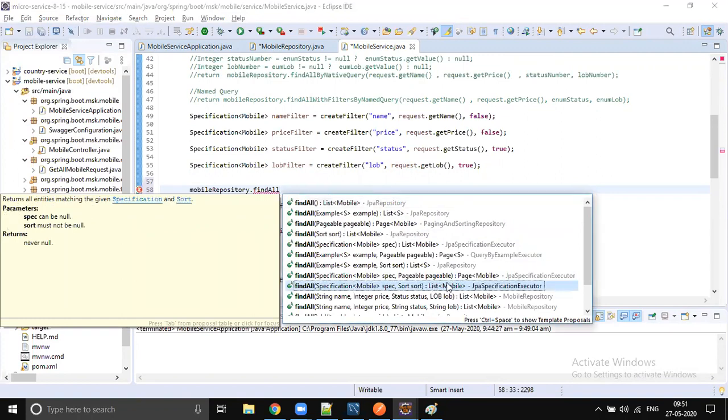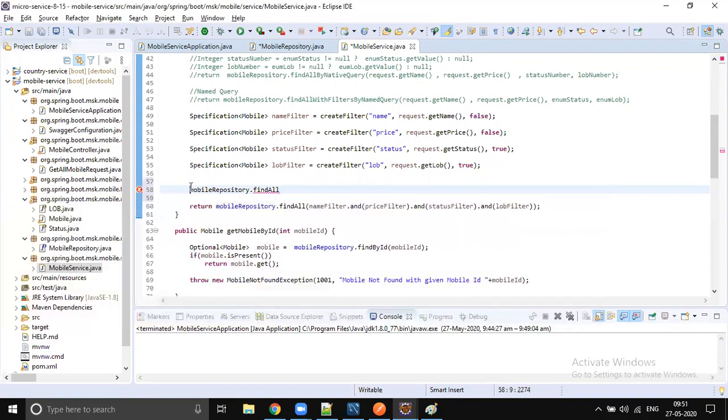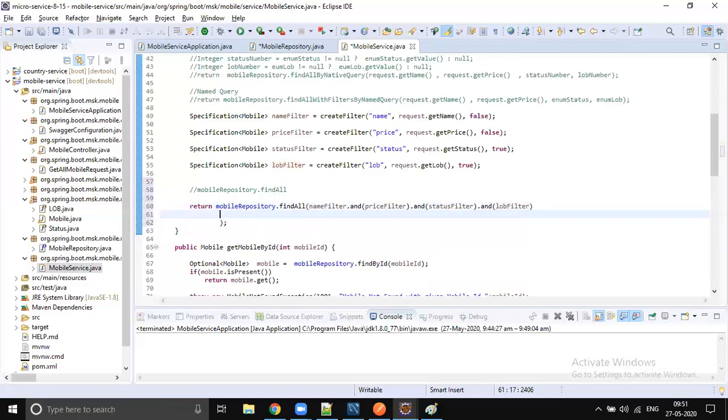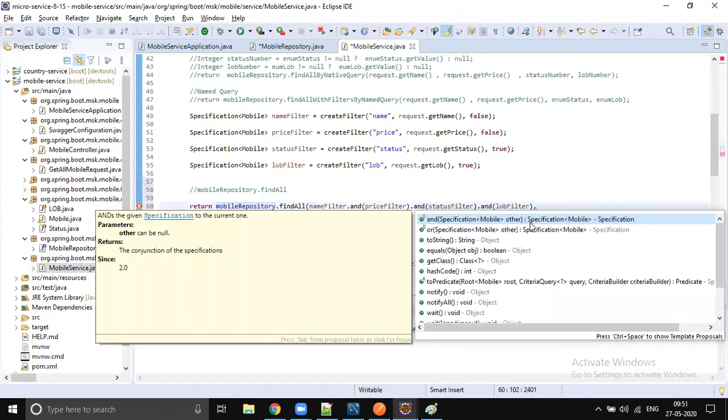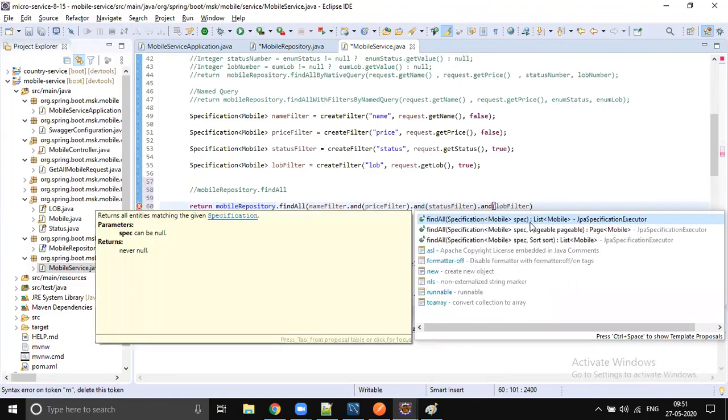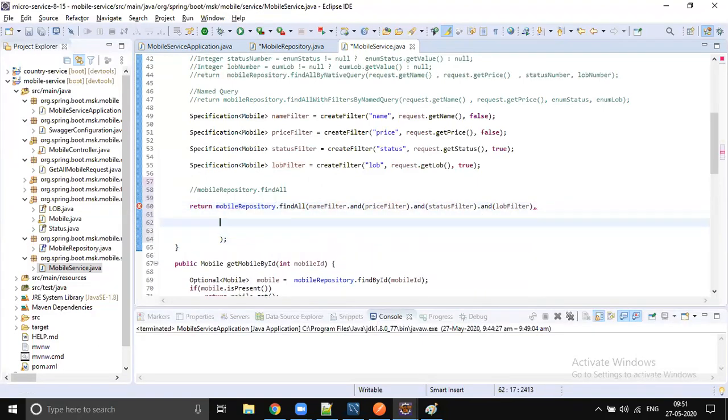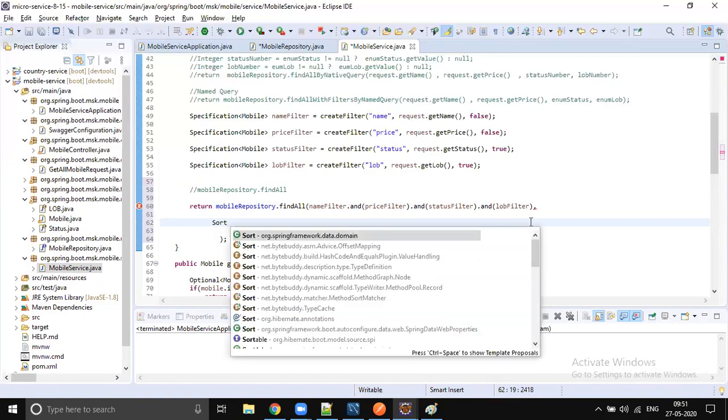Let's pass the second parameter as sorting, right? So whatever the rows, whatever the records are coming, let's try to get those records by doing some sorting. So let's sort by name. There is already an existing interface available. We are going to use that. So Sort,